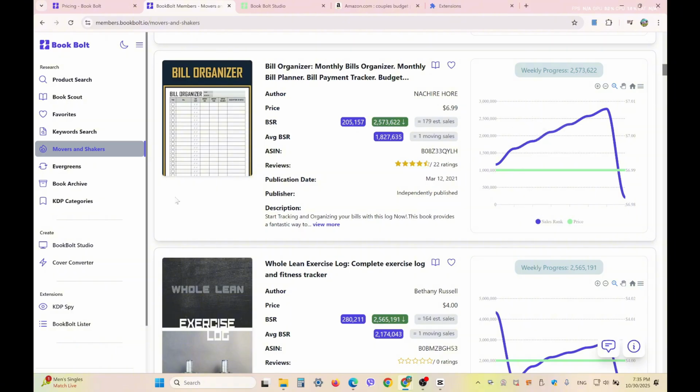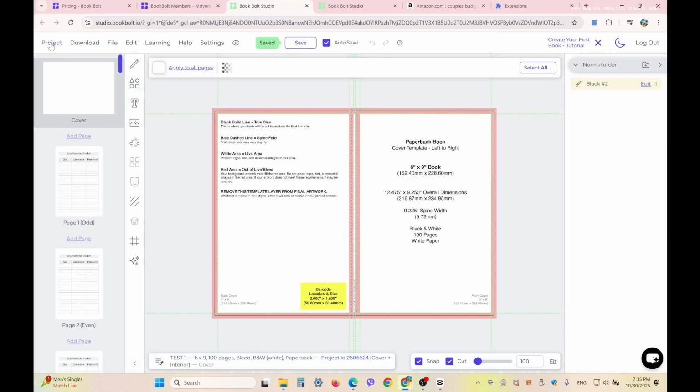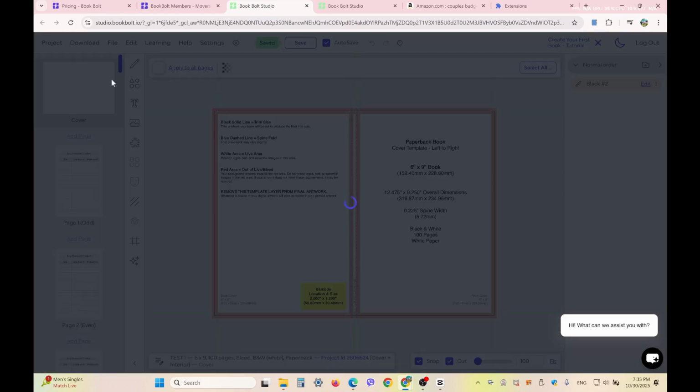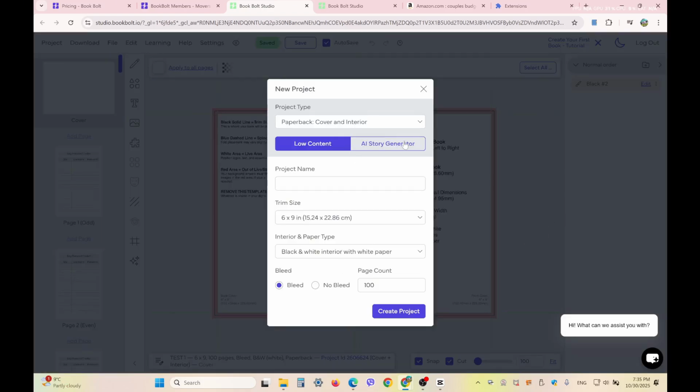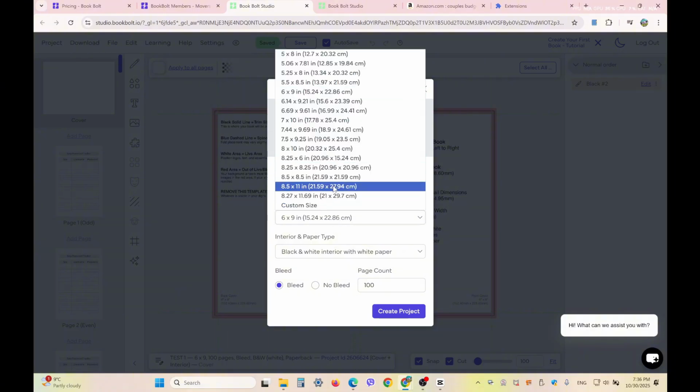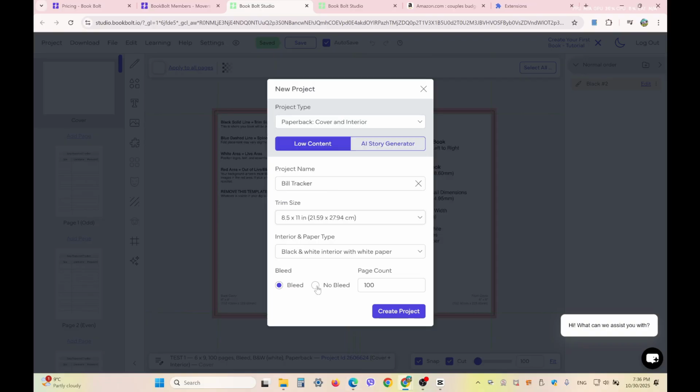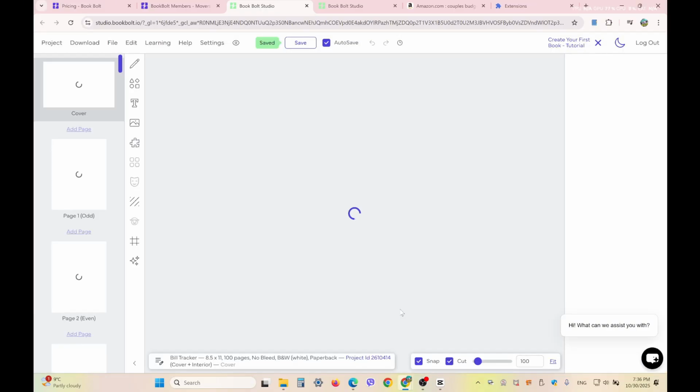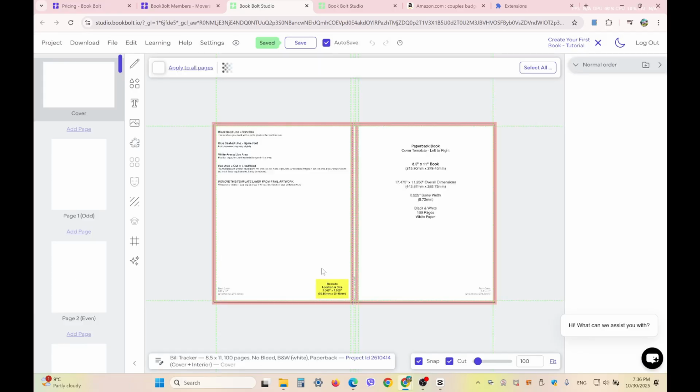I'm going to use BookBoat Studio. Just open BookBoat Studio. I will open a new project. From here, project, new project, paperback, cover and interior, project name, let's say build tracker, 6 by 9, or let's do 8.5 by 11 inches, no bleed, black and white interior with white paper, and let's do 100 pages. Just hit create, and it's going to create 100 pages, just blank pages, and the first one is